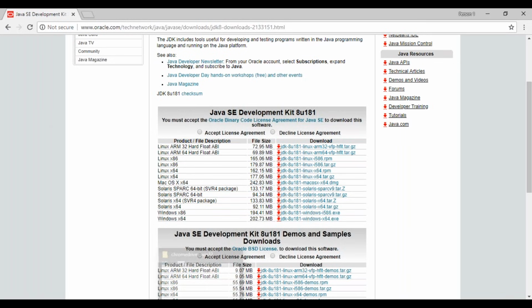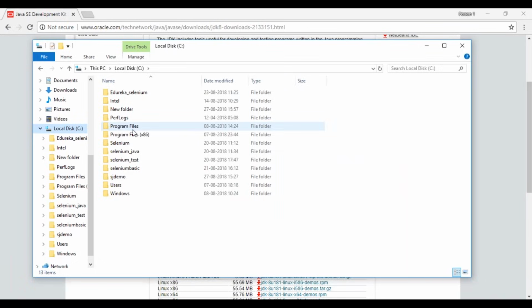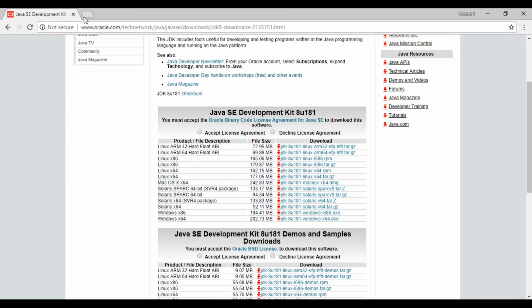It's already installed in my system, so I'm going to go ahead and check. It's going to be in my local disk C, Program Files, Java. When you open the Java folder, you will notice that there are two folders out here. One is JDK and the other one is JRE. Both of these are required. They are essential. So during your installation process, just in case one is not there, uninstall Java completely and reinstall it again. Both these folders are necessary. If you have these, your Java installation is correct. Now we can go ahead and download Selenium.